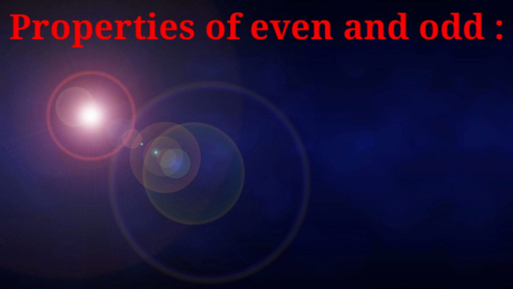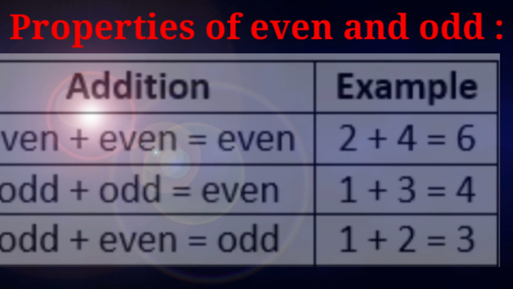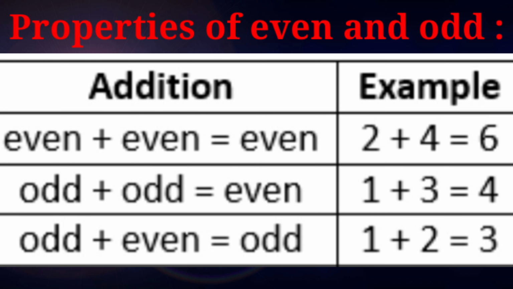Now let's discuss one more important topic which we deal with in our exercise questions, that is the properties of even and odd numbers. So students, the question we'll have in the exercise related to that is: when we add any two even numbers, we always get an even answer. For example, 2 plus 4 is equal to 6. Whenever we add any two even numbers, say 10 plus 12, then also we'll get an even number only. For any two even numbers, the answer will be even. On the other hand, when we add any two odd numbers, then also we'll get an even number as the answer.